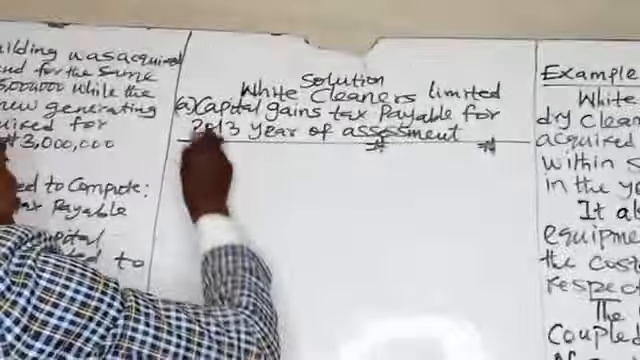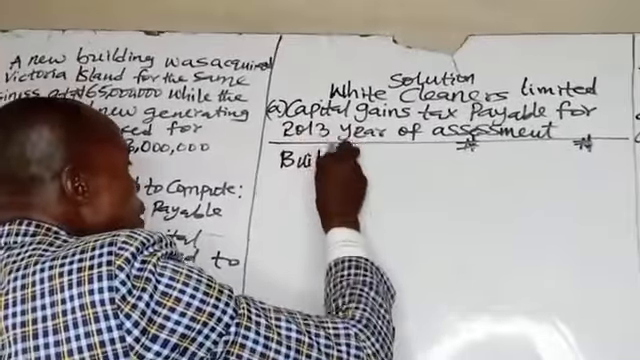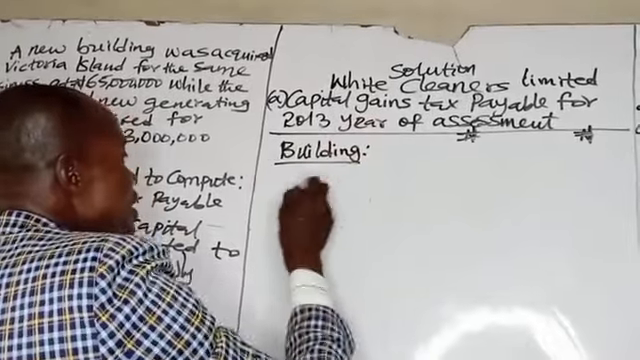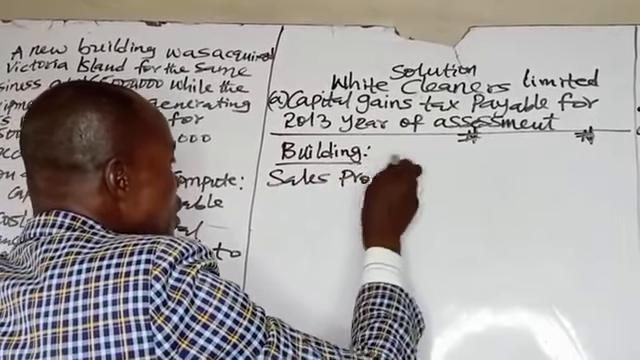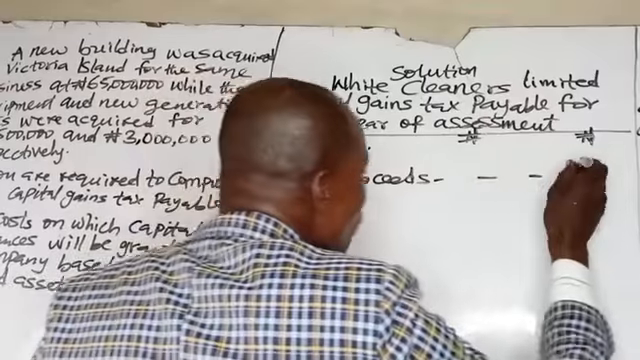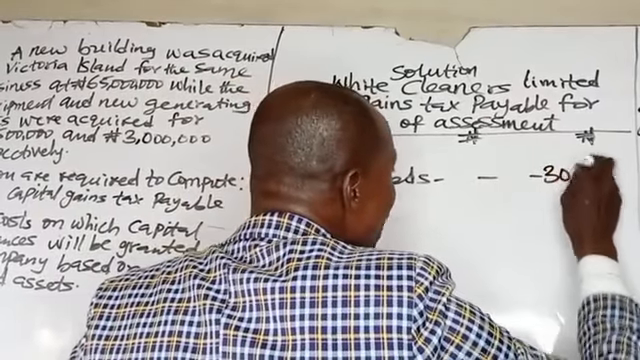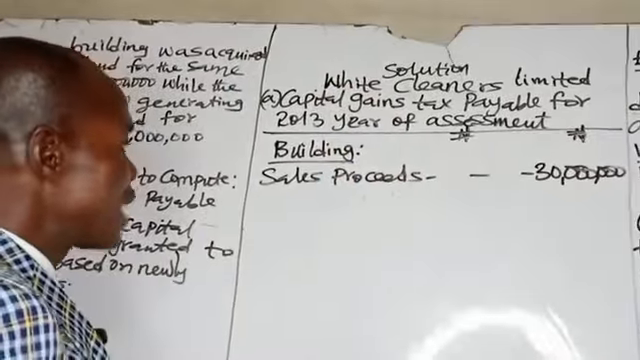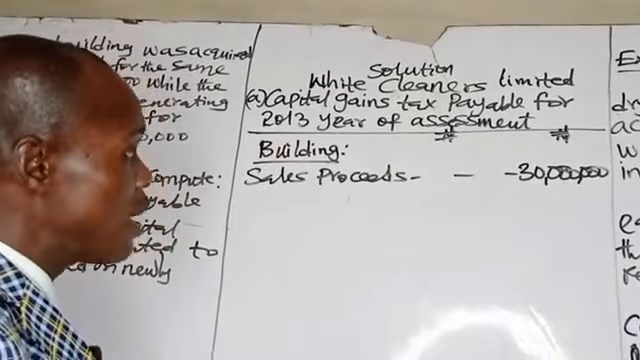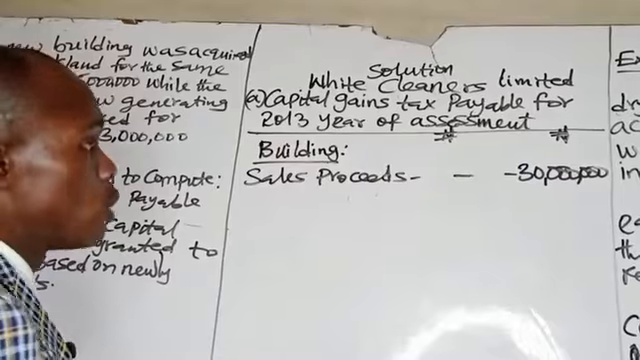So now, let's compute capital gains tax on sales of building. Building, we have sales proceeds. Building was sold for 30 million naira. We don't have any allowable expenses in this question. So we now